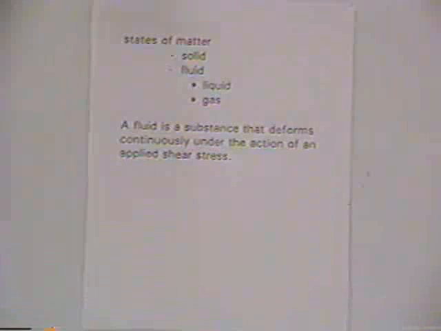But with a fluid, the spacing of the molecules is such that any shear stress at all will result in a continuous flow of the material. And so, as a definition, a fluid is a substance that deforms continuously under the action of an applied shear